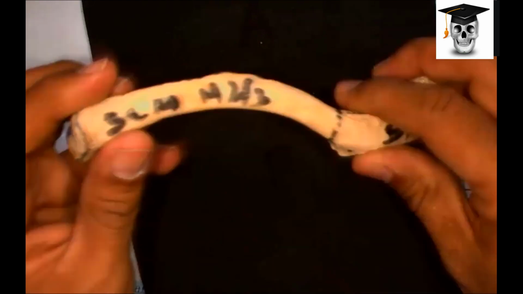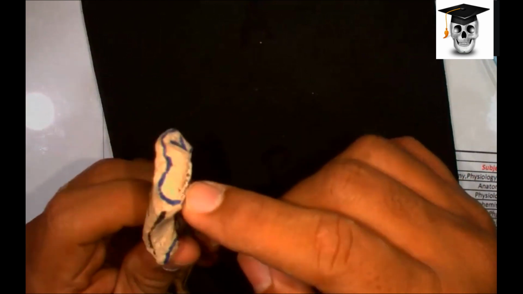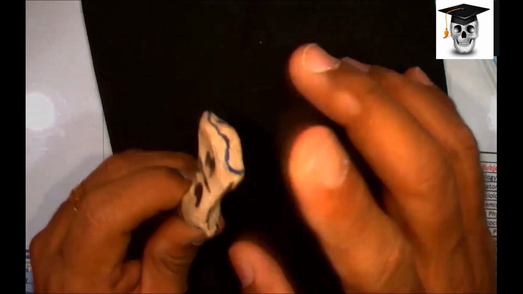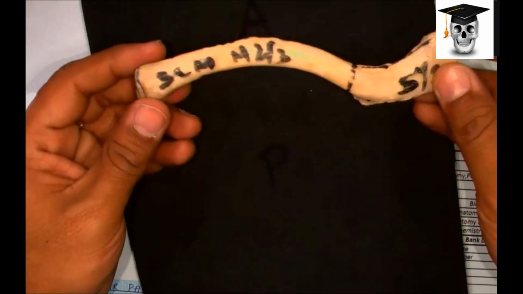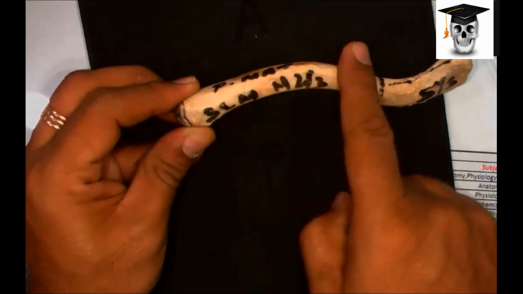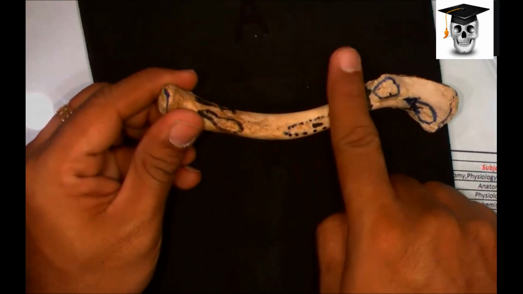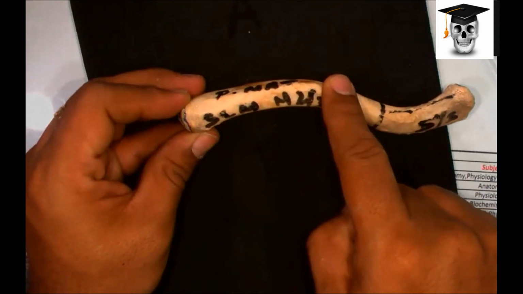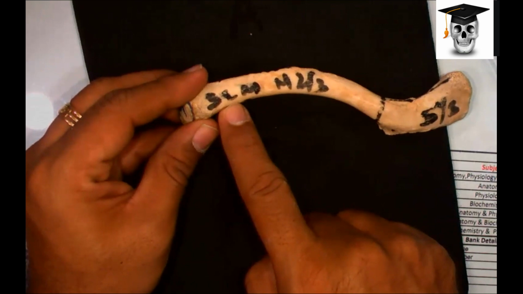Then we come back to the lateral end. The lateral end is flat and bears a facet. The facet is for the acromial process of the scapula to form the acromioclavicular joint. Is that okay? Now we talk about the shaft. The medial two-thirds is cylindrical. It has an anterior surface, superior surface, posterior surface, and inferior surface. The anterior surface gives attachment to the clavicular head of the pectoralis major. The superior surface on the medial aspect gives origin to the clavicular head of the sternocleidomastoid.